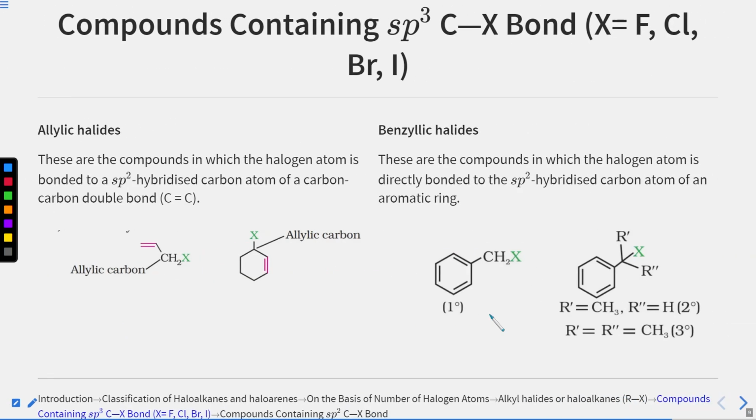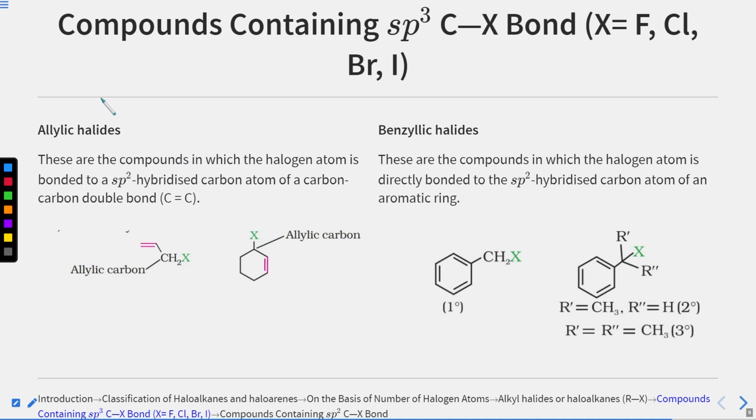So this is the compound containing an sp3 C-X bond. Okay, sp3 C-X bond. And the X here is chlorine, bromine, and iodine. Again, as I told you earlier also, X is the representation of the halogen. Now, what can be an example of this? Now, if you see here,